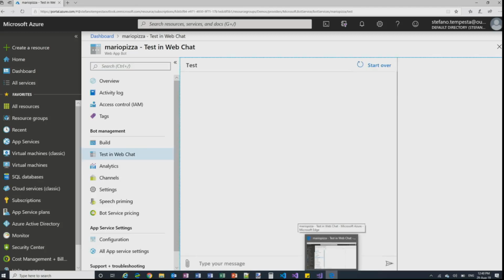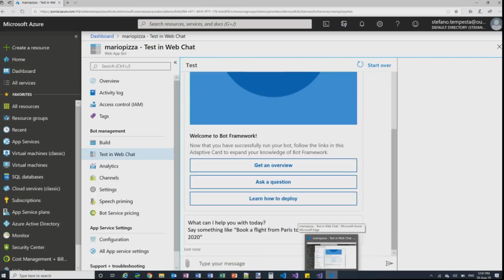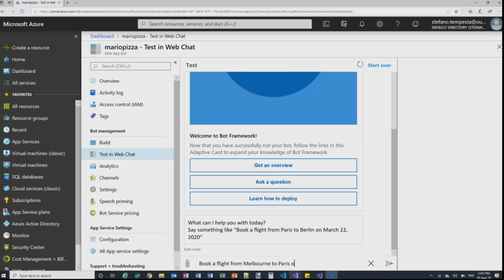Now, let's see what happens, because this is a bot that has been created out of the box. I didn't make any change, and it's fully functional, but it's not our Mario bot. It's not our pizza ordering bot. This is pretty fine for booking flights. So the way it works is, say something like, book a flight from Melbourne to Paris on September 20,